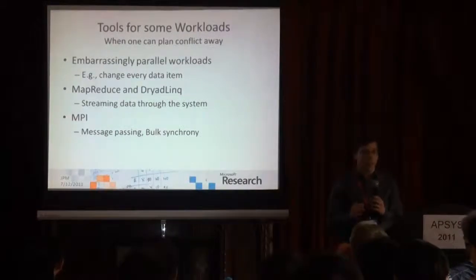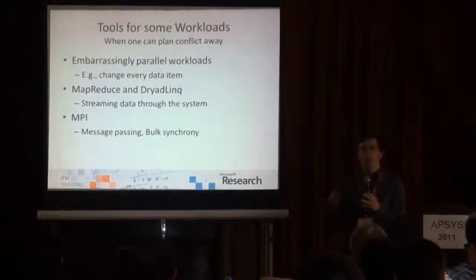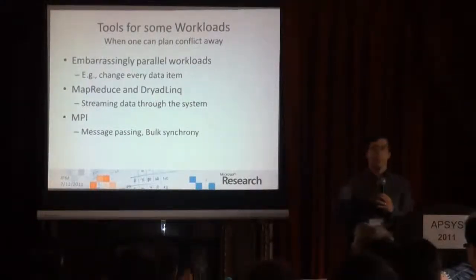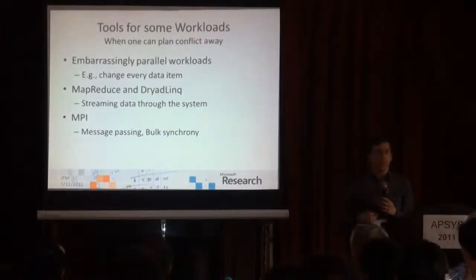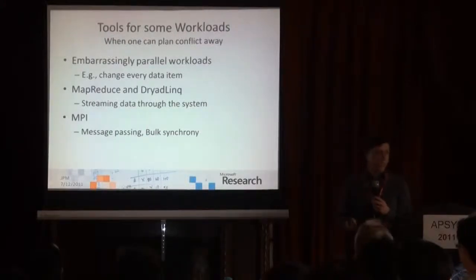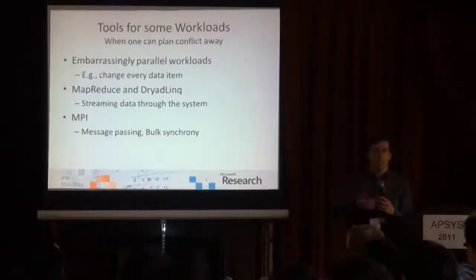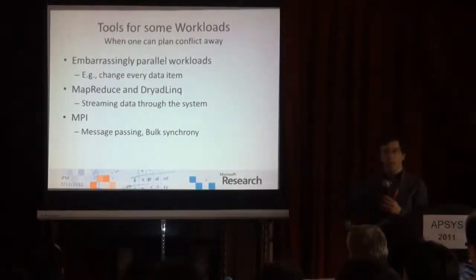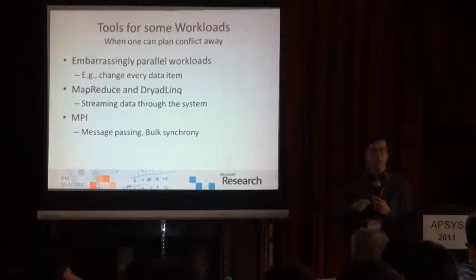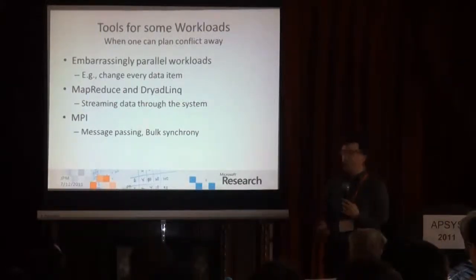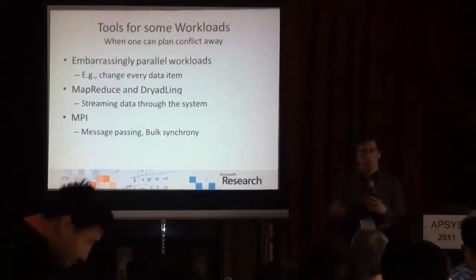So for some workloads, it makes sense to plan conflict away. For example, you can have trivially parallelizable workloads where simply every computer works on different parts of the data. This is the easiest thing to do. Sometimes you can just stream different parts of the data through the system, and then computers take turns working on things. You have systems like MapReduce and Dryad that work on this. This can be very efficient because you can read all the data in large chunks at a time and ship them and pipeline things. So it's really nice. If you want to work at a lower level, you can use things like MPI, where you deal manually with sending messages, and you use, for example, barriers.